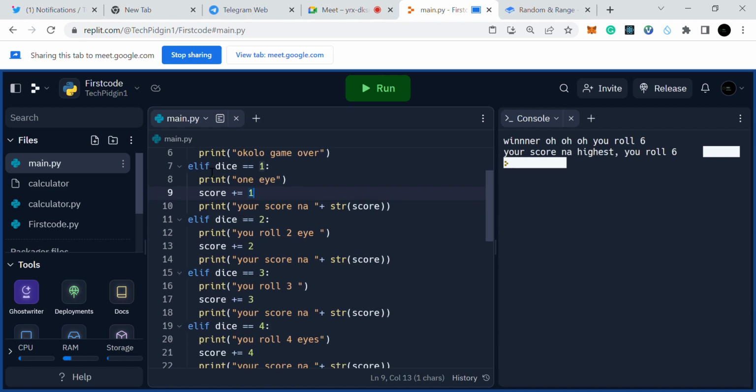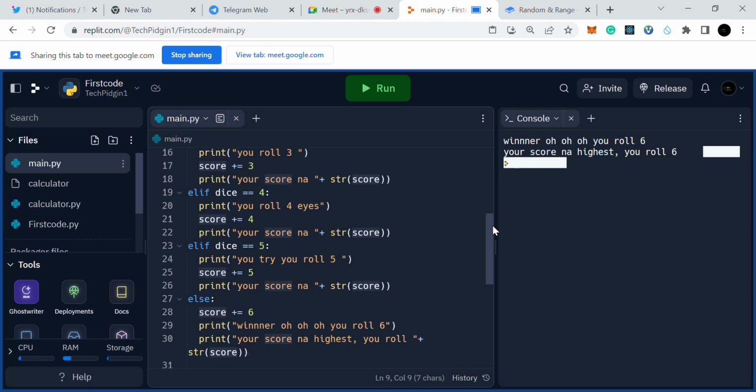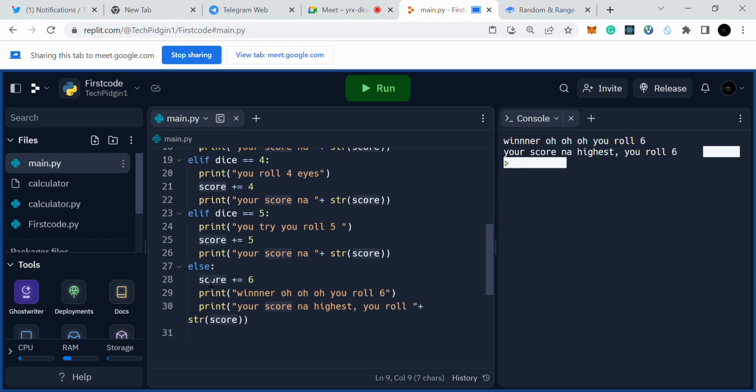So simple thing. Elif do this one. Print say your score now. Make you print the score come outside. Elif again, if na 2, the thing give you as random, you roll 2 I like that till you get to I think. Else